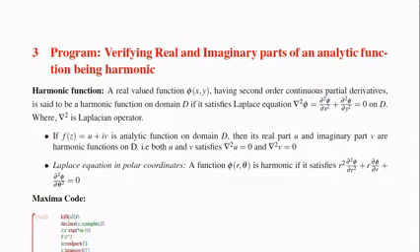And if it is a function of r and theta, then it must satisfy the equation dou square phi by dou r square plus 1 by r dou phi by dou r plus 1 by r square dou square phi by dou theta square equal to 0. That can also be written in this form. Multiplying through it by r square will give you this expression. So basically,